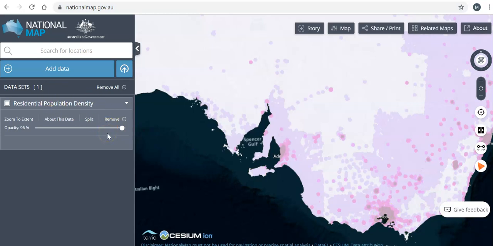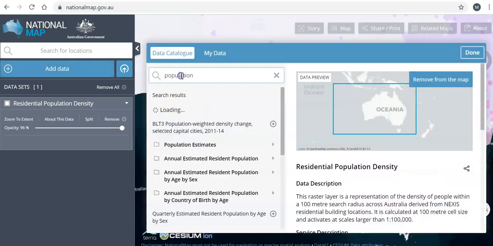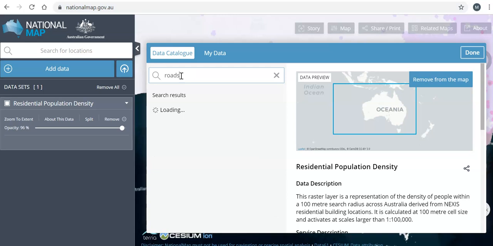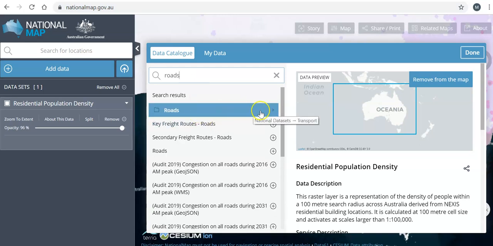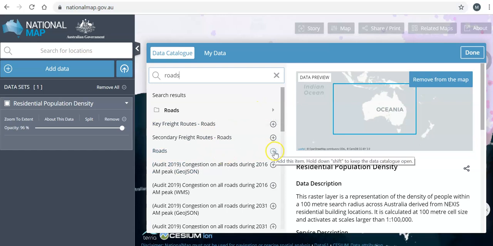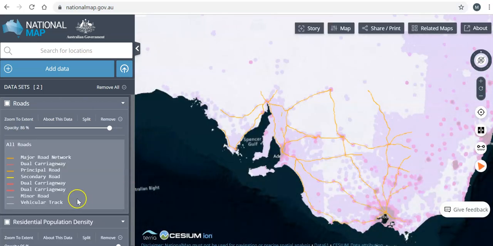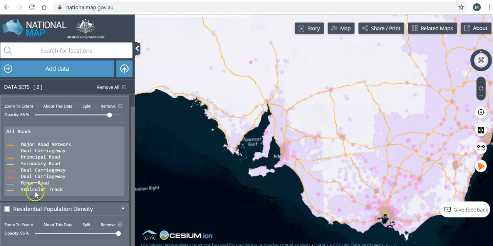Now I want to add another one because I want to see if there's a pattern between two different geographical phenomena. So I'm going to use add data again, and this time I'm going to search for roads. Okay, so straight away I've got one here, roads. I'll add that one there. Okay, now this one will add to that as well, and you can see there it's got what the different